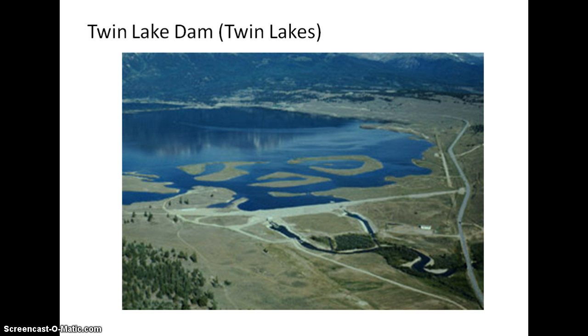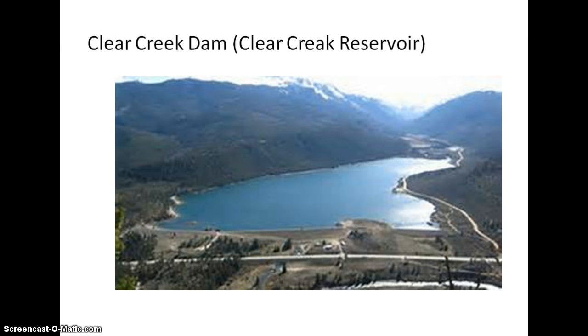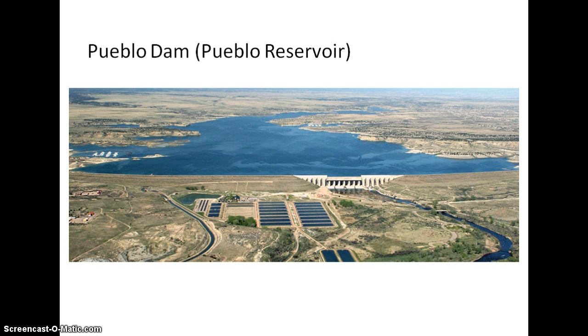The next one I'm going to talk about is Twin Lakes Dam, or Twin Lakes. This one was placed there to hold water for another dam further down river, the Pueblo Dam, or the Pueblo Reservoir. The water from Twin Lakes is released to Lake Creek and the Arkansas River for project water use or storage in the Pueblo Reservoir. If you're going downstream further, you have the Clear Creek Dam or Clear Creek Reservoir. The Pueblo Dam